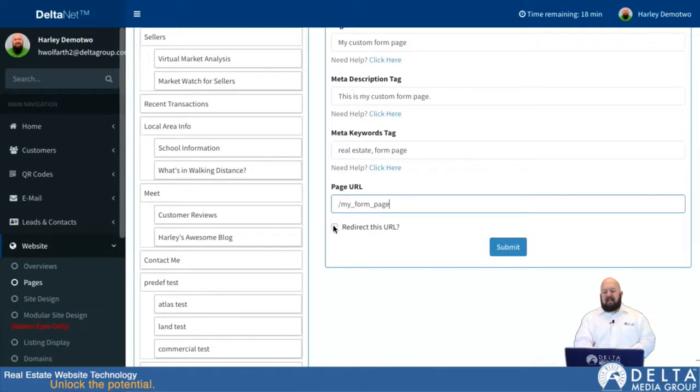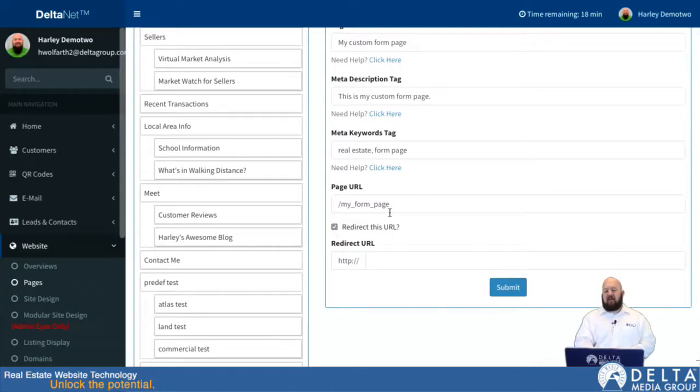Now, the last thing is you can also redirect this URL. If I didn't want any custom content on this page, I could create a custom page just for the purpose of redirecting one address to another. That can be useful in some specific scenarios. But if I wanted to say,